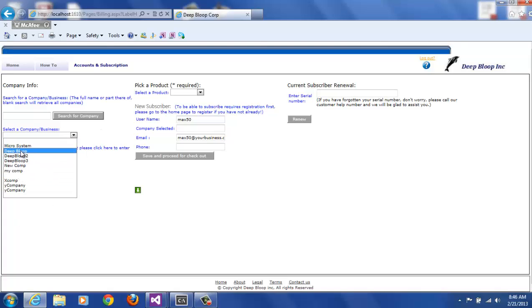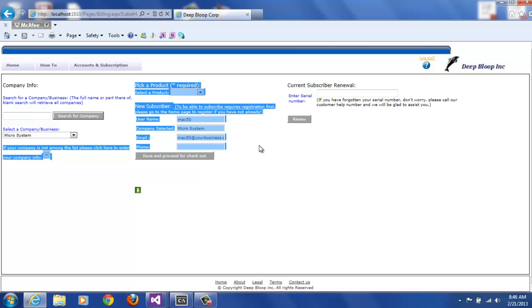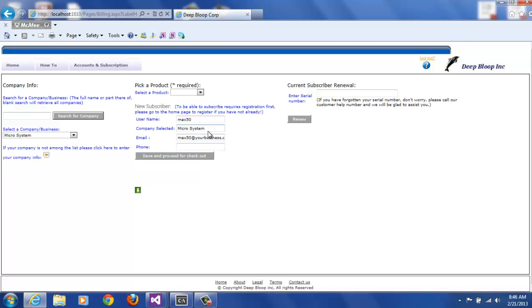Now, if your company is not one of them, don't worry, we can easily create your company to show up in this list. But if your company was Microsystem and you selected that, as soon as you did that, the Microsystem also shows up here. And this is not an editable text box, so it is linked with this selection. And now all you have to do is put your phone number and select the product that you want to buy,